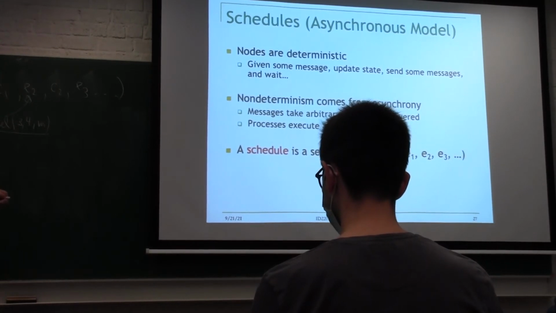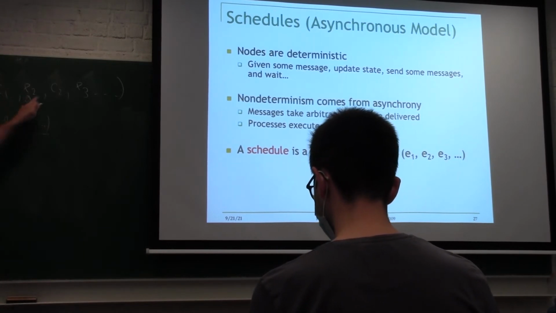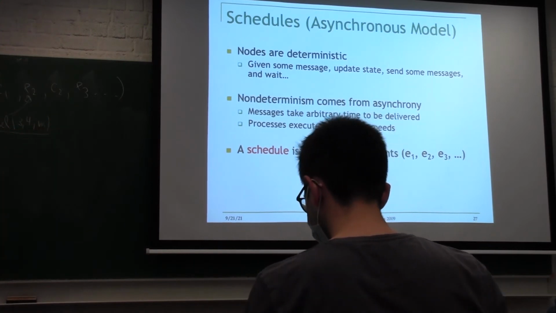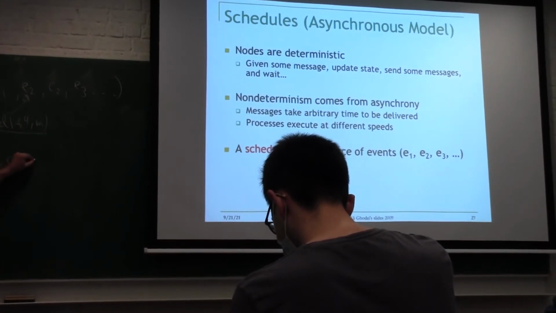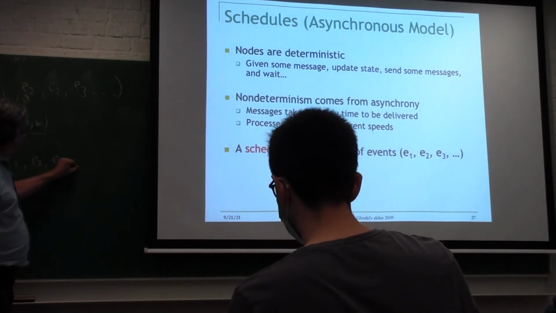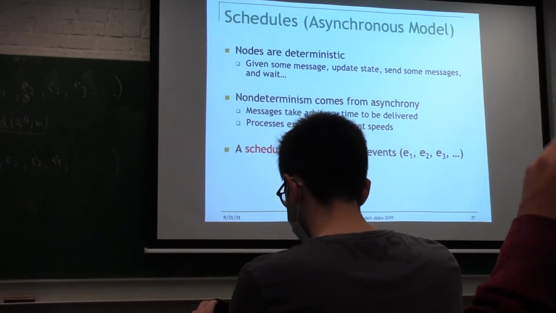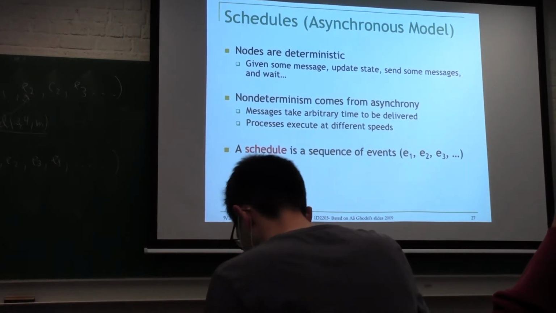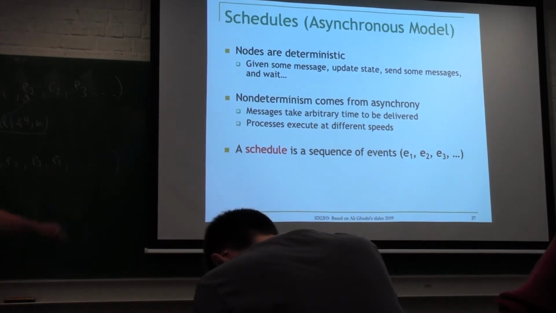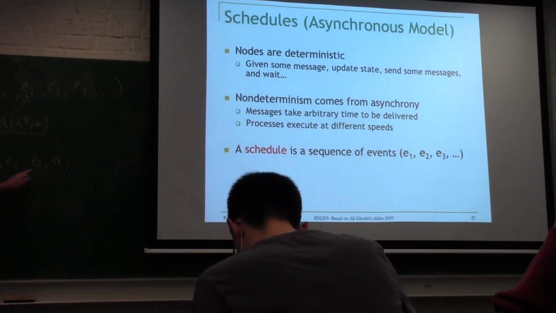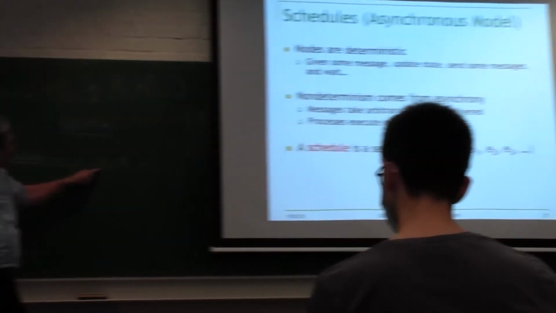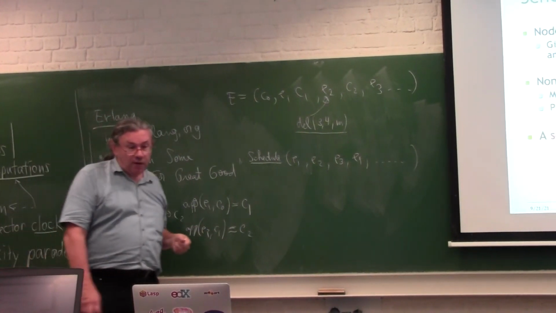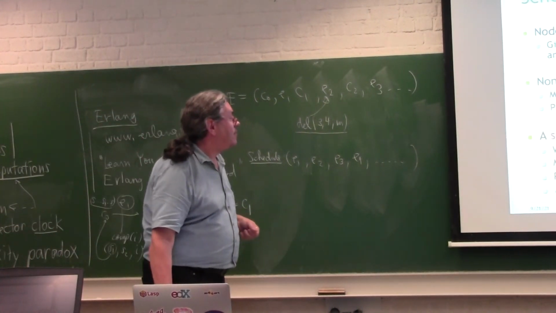Okay, so that's one thing. The sequence of events is very important, E1, E2, E3. So we're going to look at that separately. Forget the configurations. Let's just look at the events. This is called a schedule. So let's just look at the events now. And you can see this is important because a del event you can make very late in the schedule. So we're going to talk about schedules.